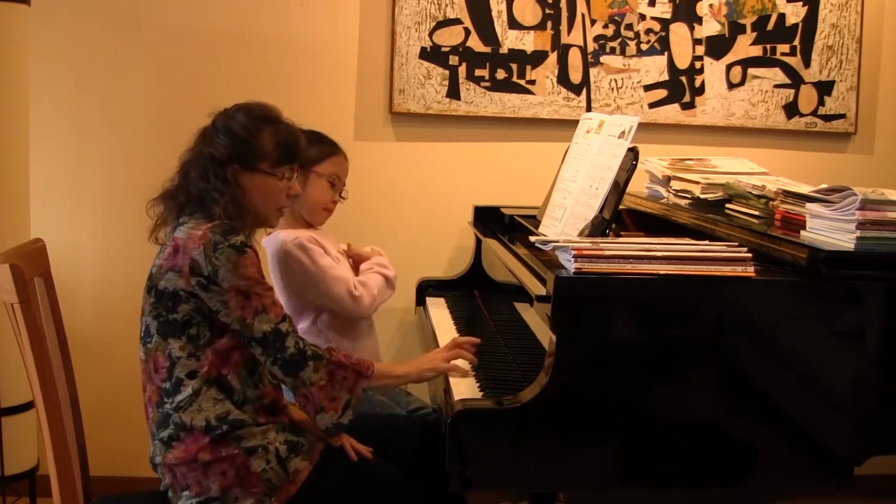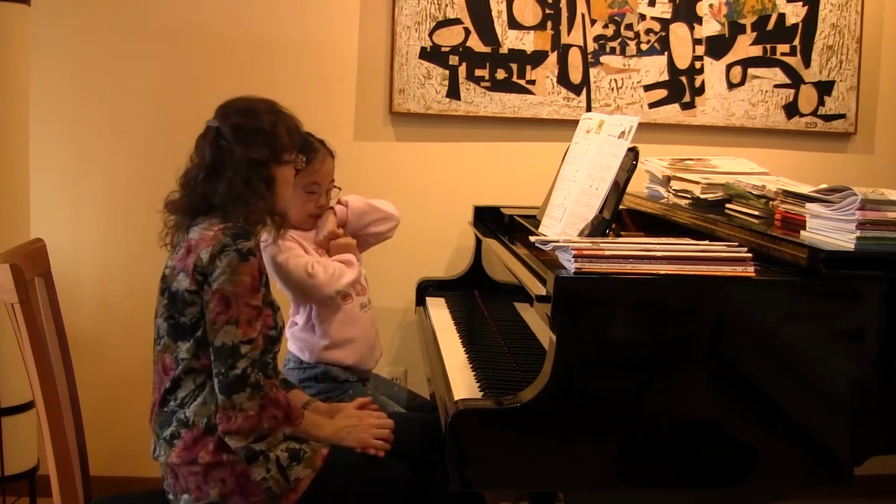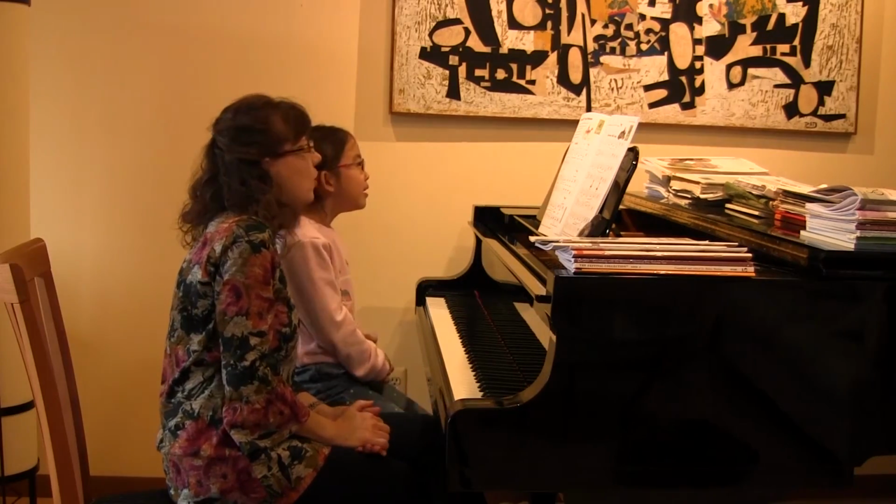So she has a tendency to lift her fingers, and that just causes a little bit more strain here than she needs. Okay. Does that make sense? Okay. So